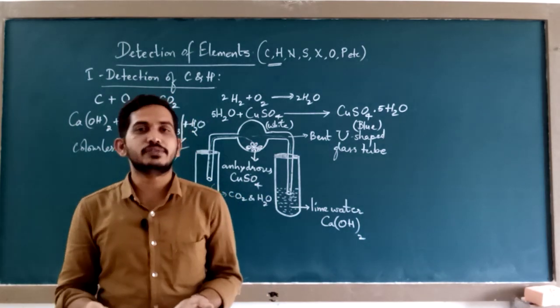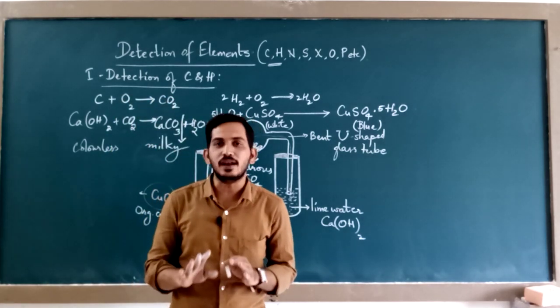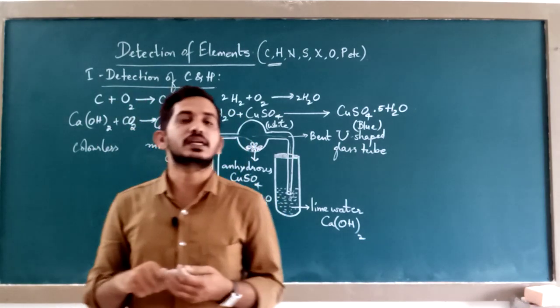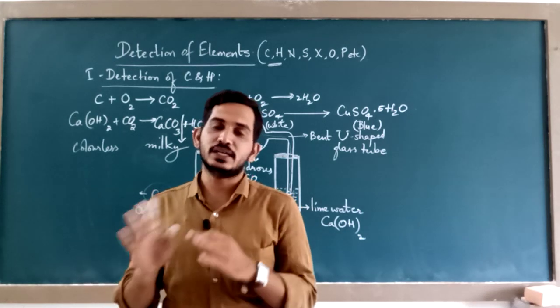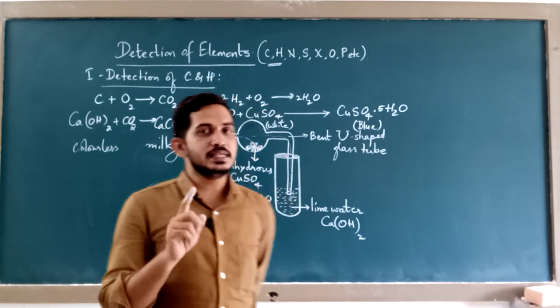So, for 2 marks, if they ask you how do you detect the presence of carbon and hydrogen in an organic compound, what will you say or what will you write? Beginning from here. Carbon and hydrogen present in the organic compound are oxidized to carbon dioxide and water respectively. The presence of carbon dioxide is detected